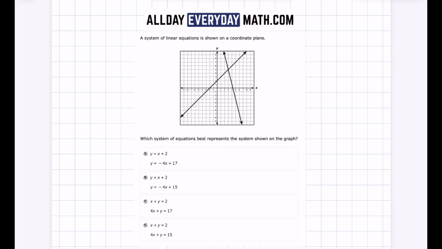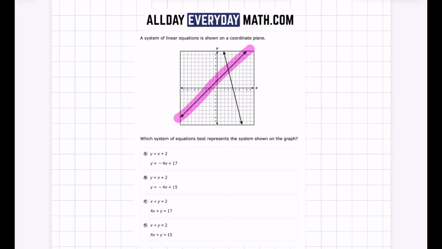This is number 4 from the 2025 Algebra 1 EOC. It says a system of linear equations is shown on a coordinate plane. Which system of equations best represents the system shown on the graph? So I'm going to focus on this line first, and I'm going to find the equation in slope-intercept form for